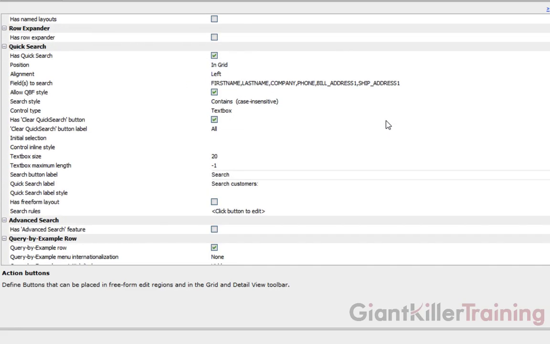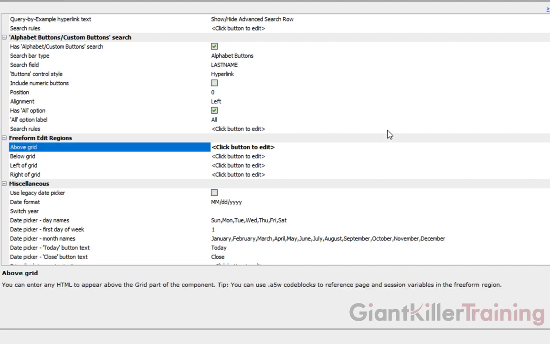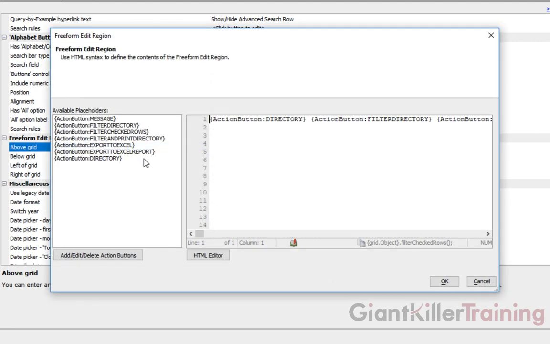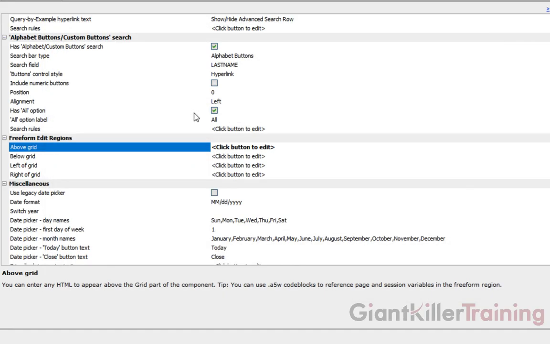So let's go ahead and scroll back down to the above grid location. Let's double click on that. You'll see our new one is here. So I'm going to scroll back over here, put my insertion point before the little curly bracket, and put our report in there with a space. And I'm very careful to make sure I don't put it inside the curly bracket because then that would confuse the system. And if I do that, you'll see some random text on the screen. You can quickly fix that. Click OK. We now got everything ready to go. Let's click Save